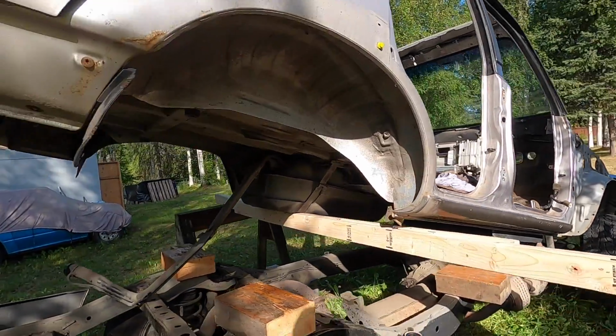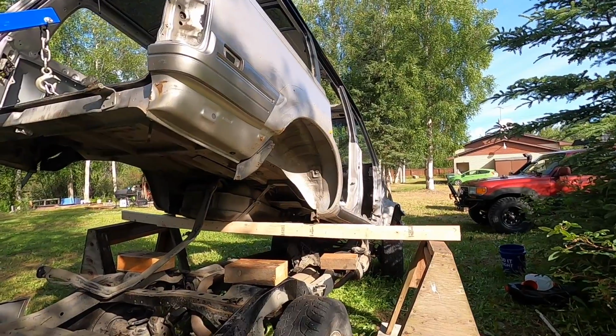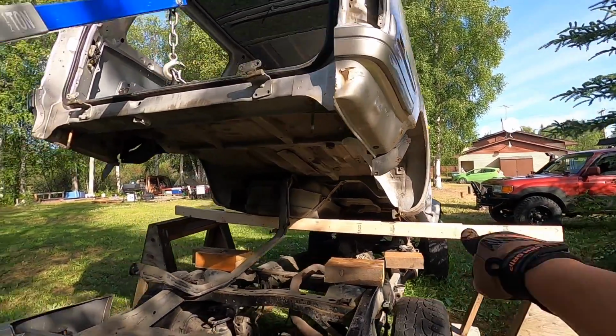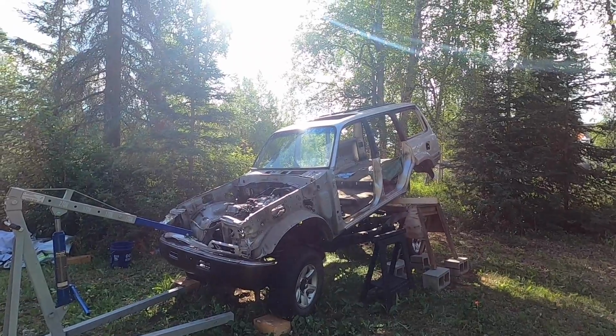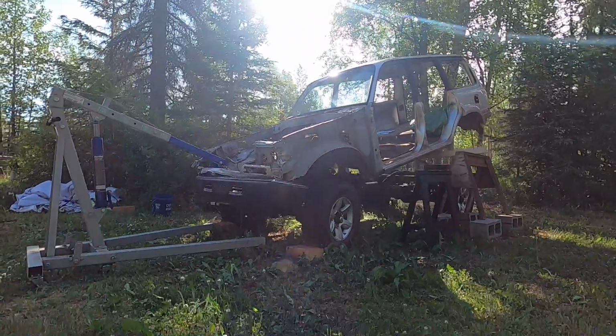Hopefully it holds up long enough for me to take out the front, and after that we can roll the chassis out. But yeah, that's super sketchy. You can see the 2x4 bending. I got the rear lifted up, almost 4 foot up in the air, and now I'm gonna do the front. So